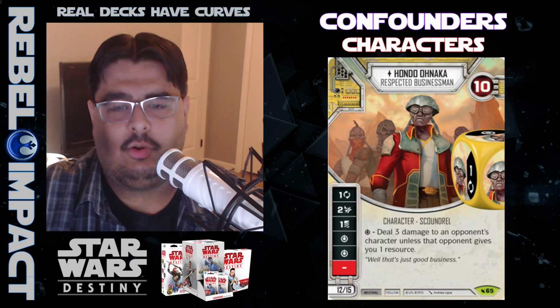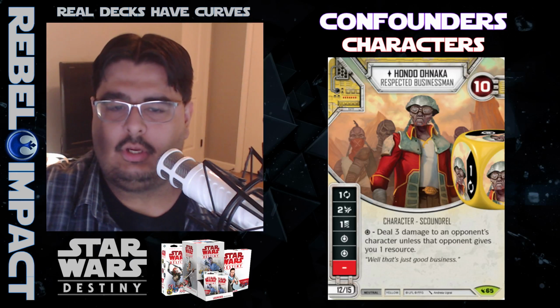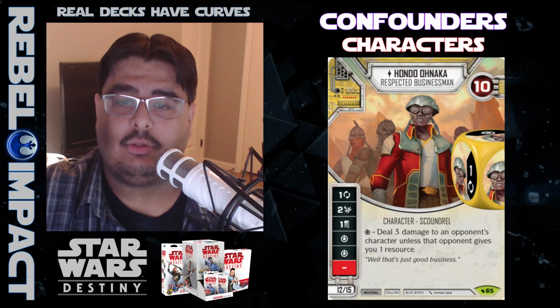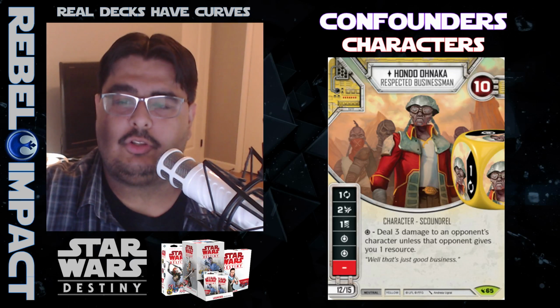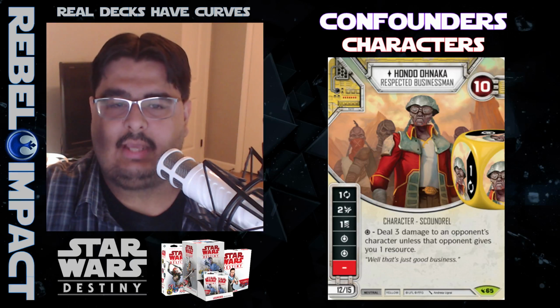And so Hondo here is another character who has the potential to generate those additional resources. So on turns where your opponent has tapped out, and again, that's very matchup dependent, you have the same 56% chance at elite to roll a special, which could snag you 1 or even 2 additional resources as the opponent's going to try to pay you off to prevent the 3 damage. Now, the problem with this is that as the game goes on,